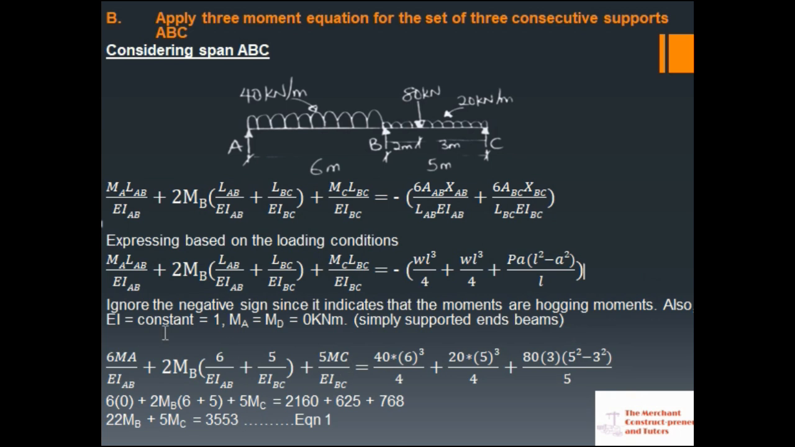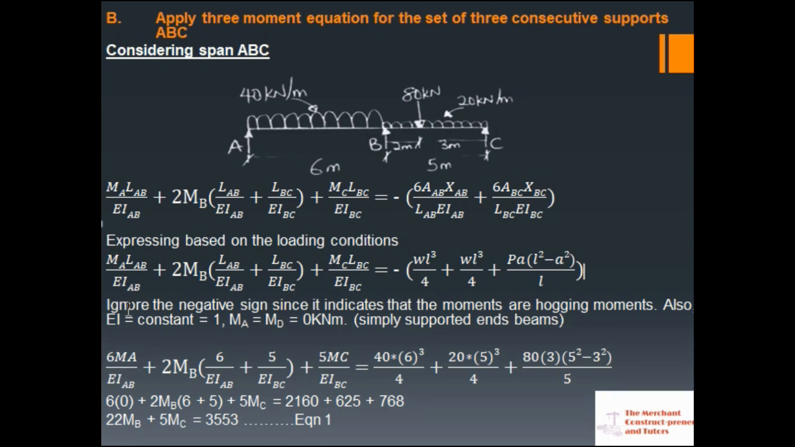Also, EI equals constant according to the question, that is equal to 1. MA equals MD equals 0. Simply supported ends, as we said, we have the 2 ends at A and D simply supported, so we call it 0. So substituting all these values now,